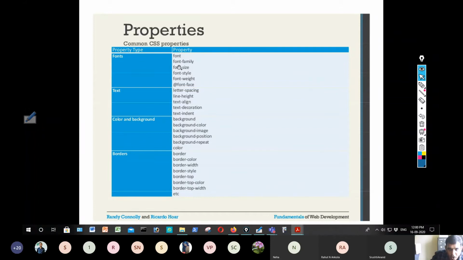Note that they are all reserved words. You can't make a spelling mistake. You should type as it is. For example, background position means background hyphen position. If you miss that hyphen and directly give position, your CSS won't be recognized by your browser and that style won't be applied.